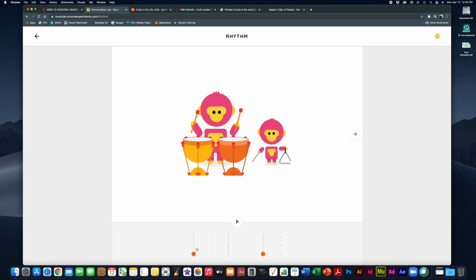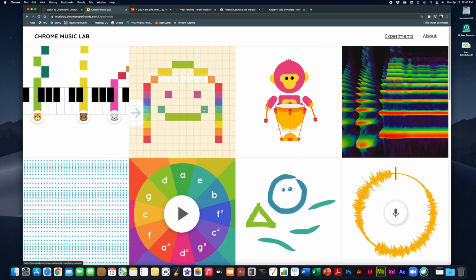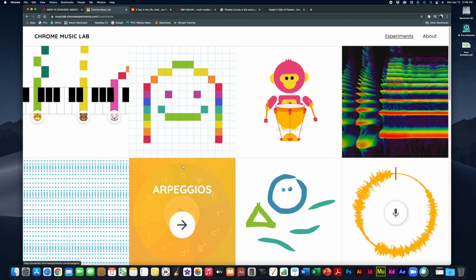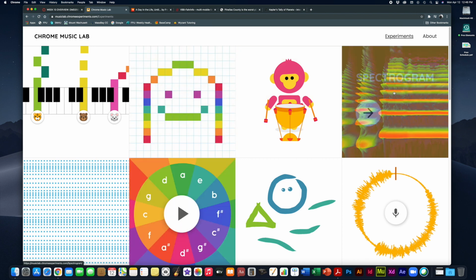And you can play around with the way things sound by adding some shapes. Every time there's a triangle, there is a triangle sound, and every time there's a circle, it's the drum. And then if you hit the play button, you're making sound with colorful monkeys. So that's kind of silly, but it goes all the way up to more scientific, kind of serious versions like